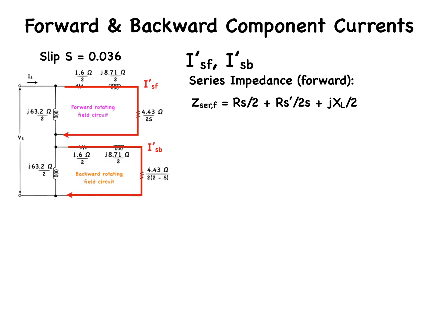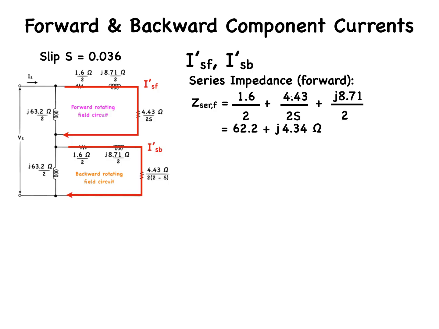In actual terms, it is 1.6 divided by 2 plus 4.43 divided by 2s plus j8.71 divided by 2. We know that the slip S is equal to 0.036, and therefore this equation can be calculated, and it gives us 62.2 plus j